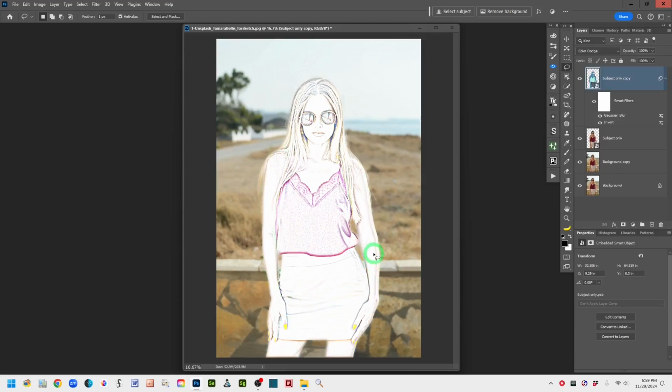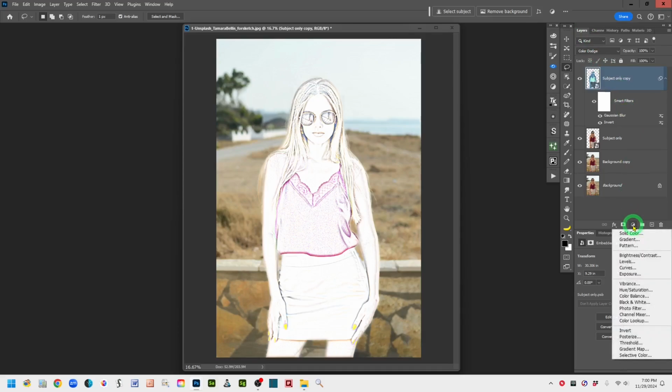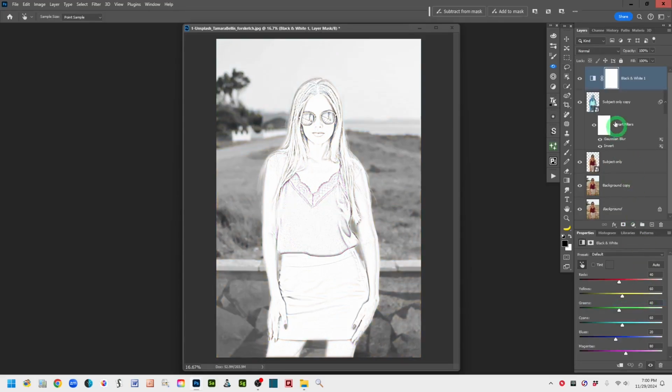look versus the colored pencil sketch look, the next thing is to add a black and white adjustment layer. So again, bottom of the Layers panel here on the right, down to that circle with the line through it, left click on that for the adjustment layers, and click on black and white. So we have a black and white adjustment layer, and you can see that that's turned the entire image to